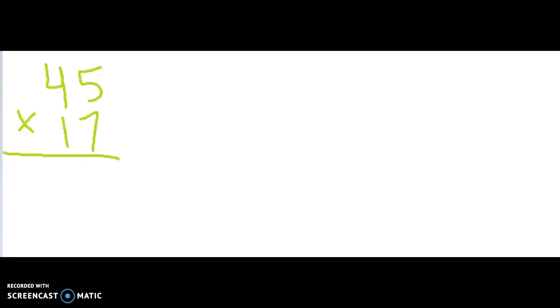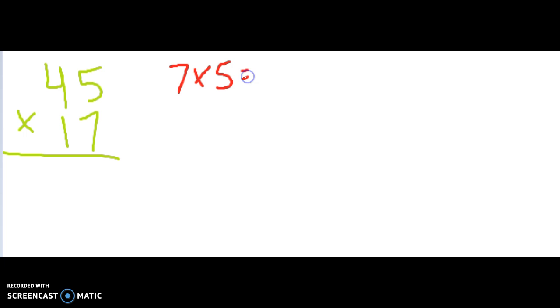I'm going to talk about multiplying two two-digit numbers using the standard algorithm. When I'm looking at my problem, I'm first focusing on the bottom numbers. Those are the two important numbers. I have a 1 and a 7. I know that I'm going to use my 7 first, and my 7 is first going to multiply with the